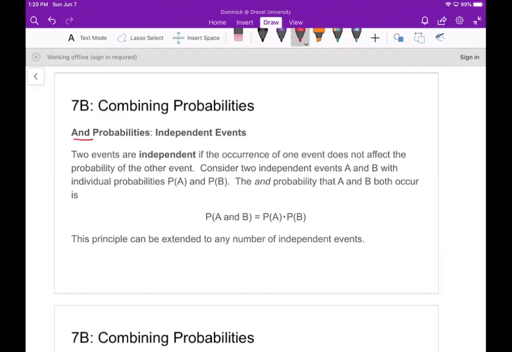First, we're going to discuss this for what are called independent events. What makes an event independent? Well, we say that two events are independent if the occurrence of one event does not affect the probability of the other event. So as an example,